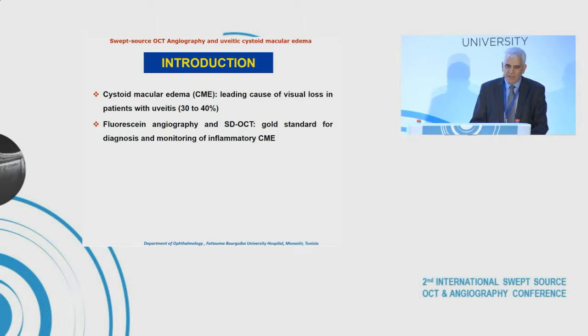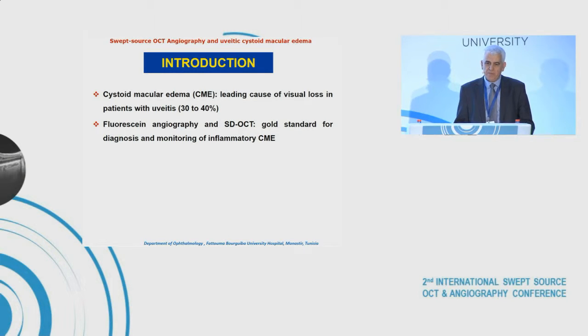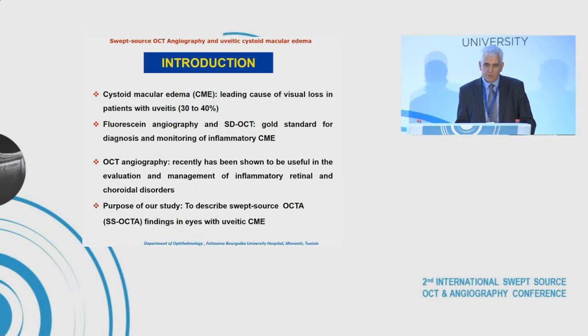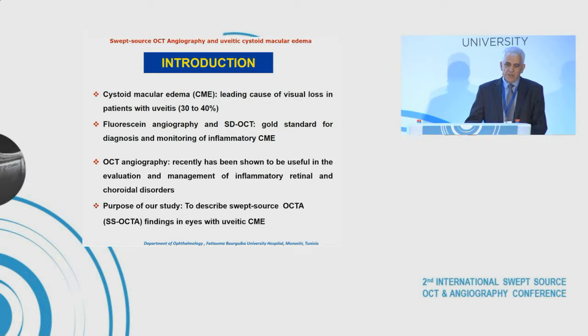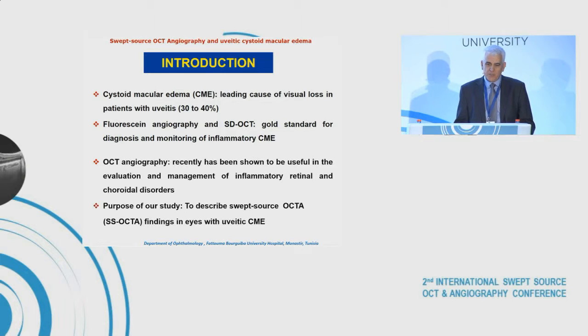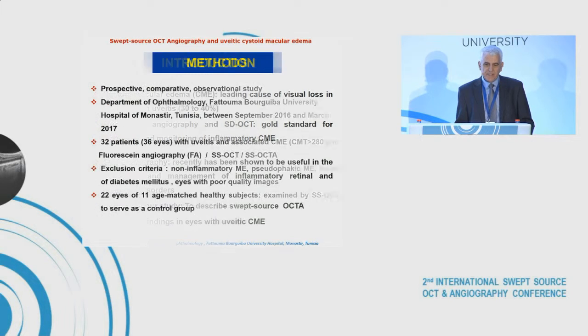As you know, cystoid macular edema is the leading cause of visual loss in patients with uveitis. Fluorescein angiography and spectral domain OCT are the gold standard for diagnosis and monitoring of inflammatory cystoid macular edema. OCT angiography has recently been shown to be useful in the evaluation and management of inflammatory retinal and choroidal disorders. The purpose of this study is to describe swept source OCT angiography findings in eyes with uveitic cystoid macular